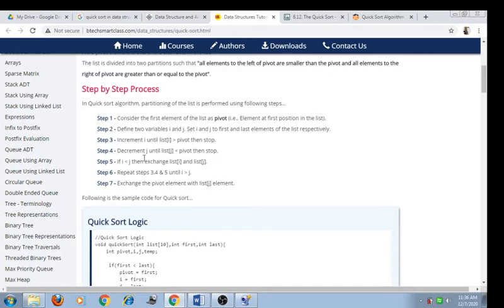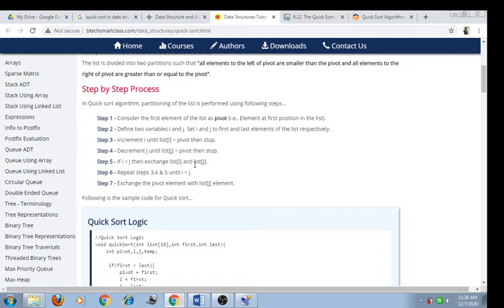Increment the value of i until list of i is greater than pivot, and if this condition is true then stop. Next step is to decrement j until list of j is less than pivot. If this condition is true then stop. In the next step, if the value of i is less than j, then exchange both elements, list of i and list of j.